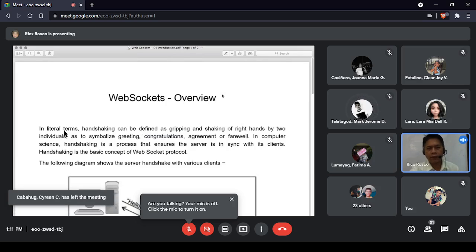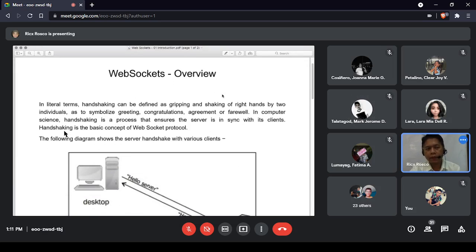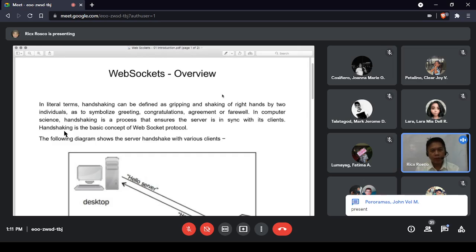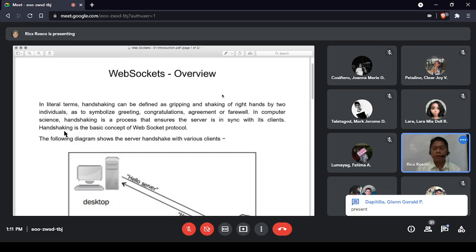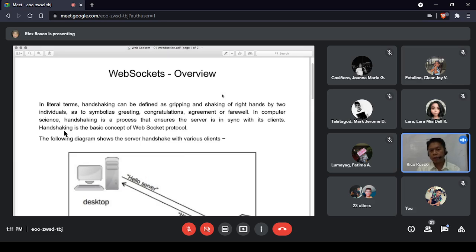Okay, very good. So this is the overview. WebSockets. This is actually the handshaking for a server and a client. Generally speaking, this is a communication between a client and a server. This is a protocol being used. It was introduced in 2011, so it is fairly new. They introduced it because there is a need for this type of protocol in order for a server and a client to communicate